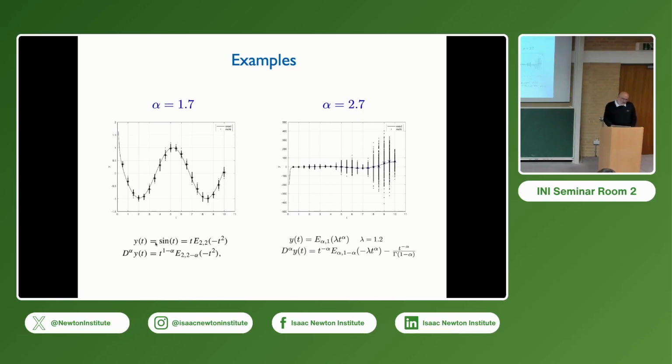So this is one of those cases. If alpha is, for example, 2.7, this is also another case. Lambda here is 1.2. And even this strange behavior is captured, with minus infinity here and some oscillations, undamped oscillations actually, for growing t.